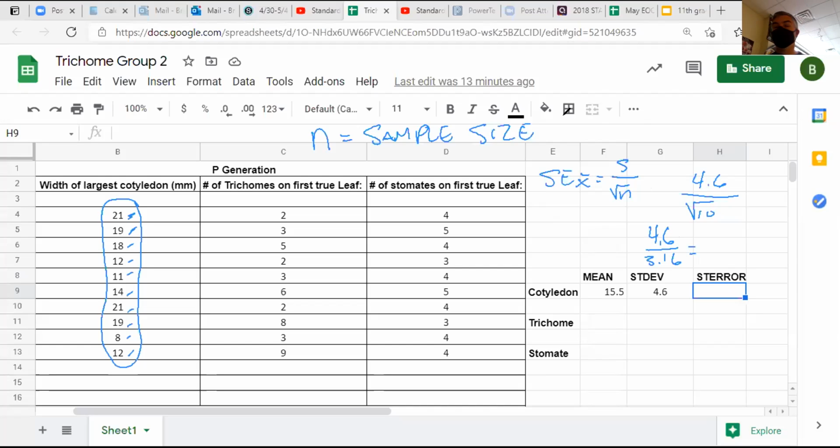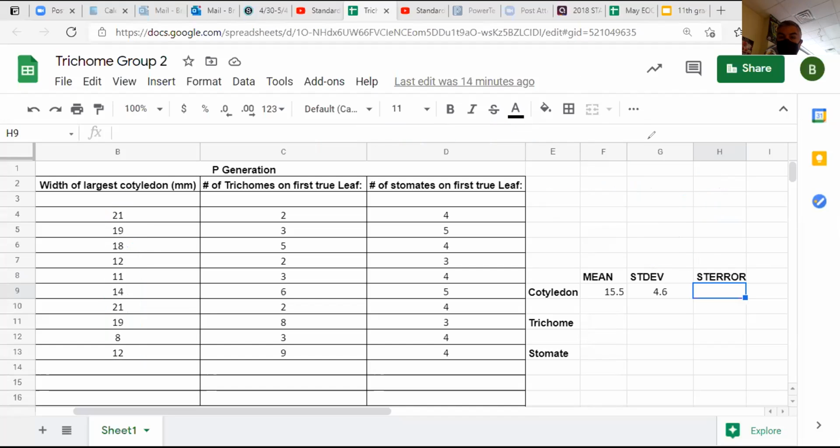One point four what? 1.5, 1.45. Okay, so I'll just round up and say 1.5. Well, let's just get 1.45. So I'm going to round up and say 1.5. All right, so let's get this on here. So you would just simply type in here 1.5 and done. That's it. You guys did it.